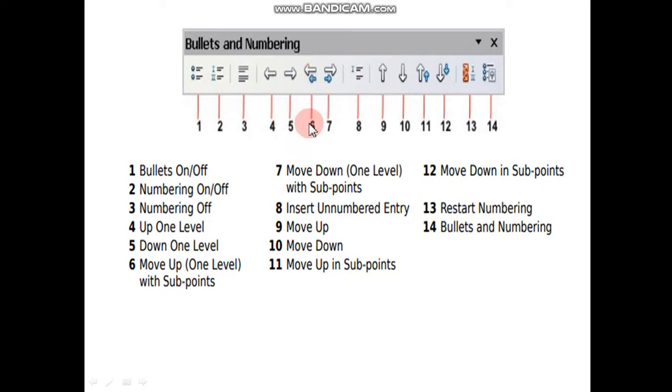Next is move up one level with sub points and move down one level with sub points, insert unnumbered entry, restart numbering, and the bullets and numbering option.